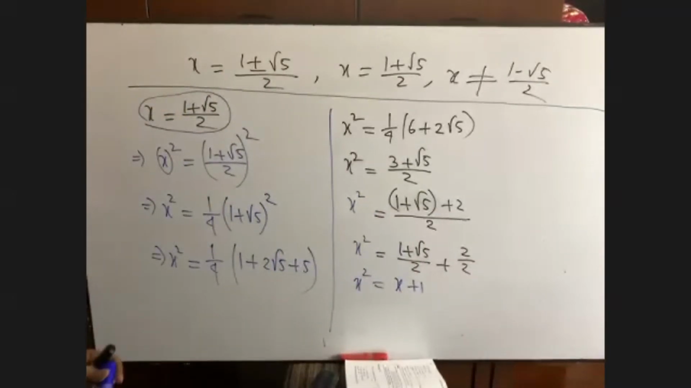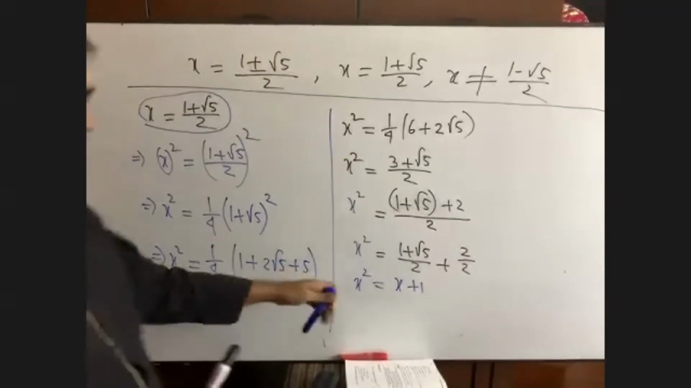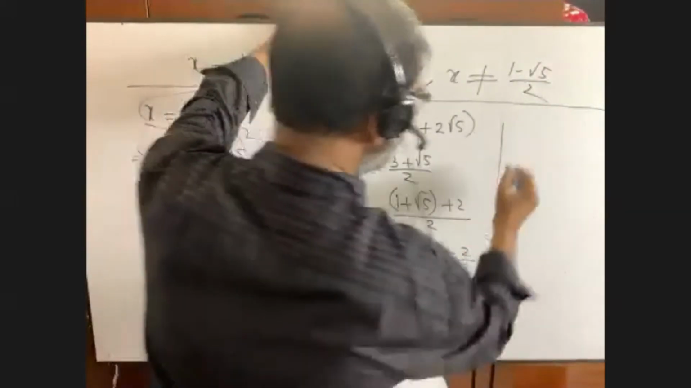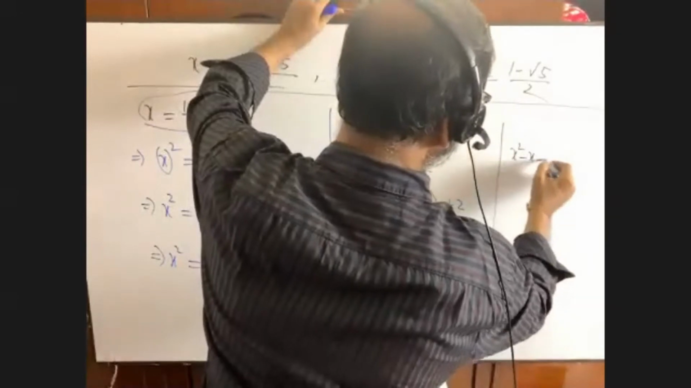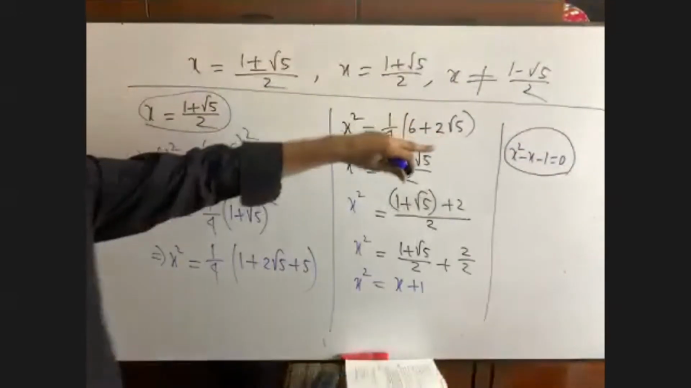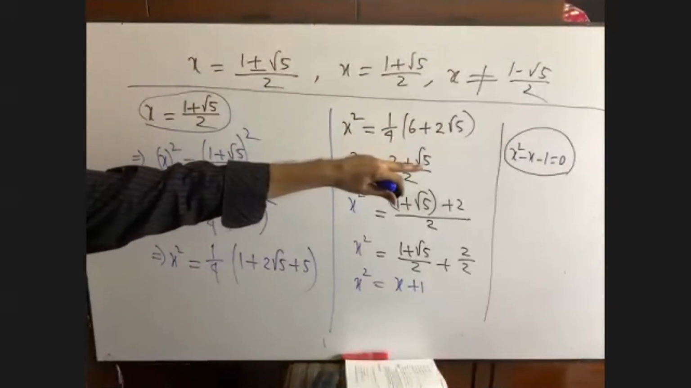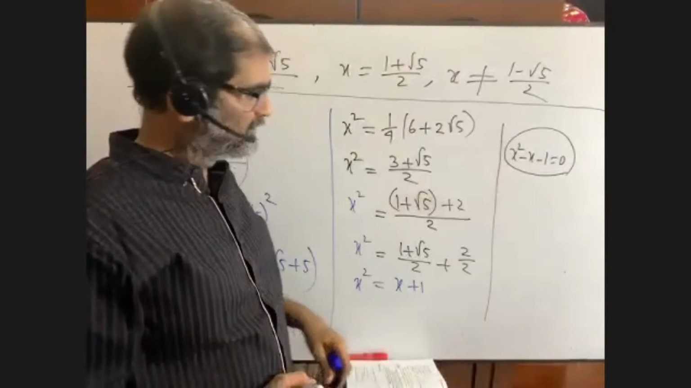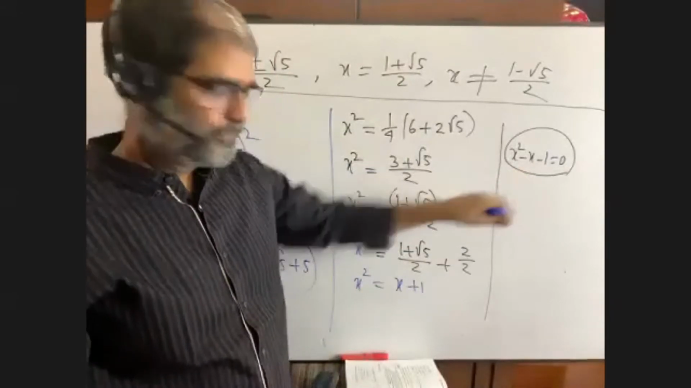Can you remember, please, what was this equation at the very beginning? From here, we can write down x square minus x minus 1 equals to 0. Can you remember? Question number 3 of 7, we had this equation. Now you see,